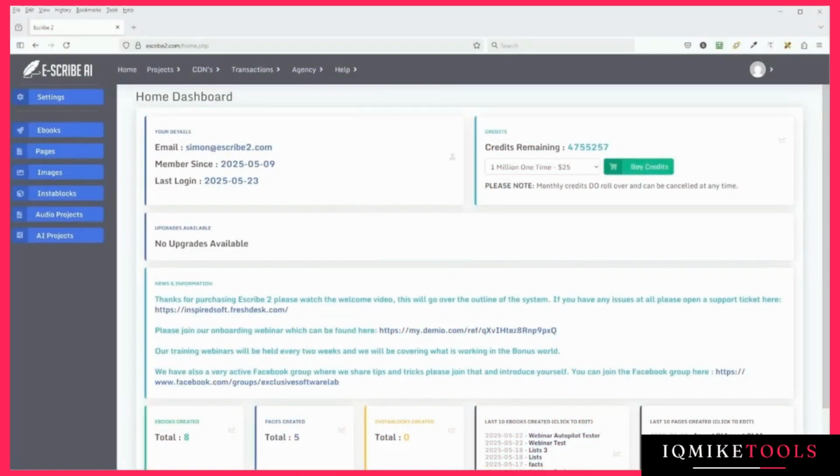I'm going to give you a very quick demo of Escribe 2. I'm very proud of this product. It's a complete end-to-end ebook creation and publishing service. Now, I'm going to try and get through this as quickly as possible. There's an awful lot in here, and a lot it does, but I don't want to bore you. So I'll skip through as much as I possibly can, just to give you a general overview and flavor of